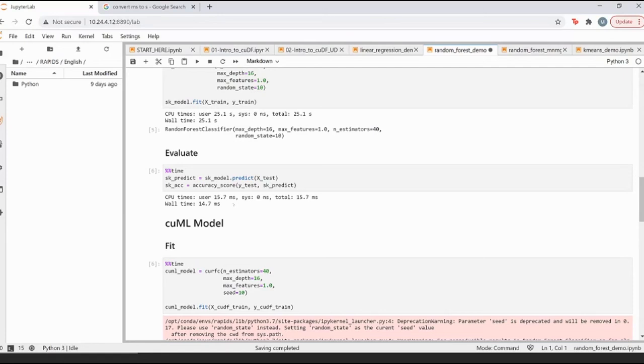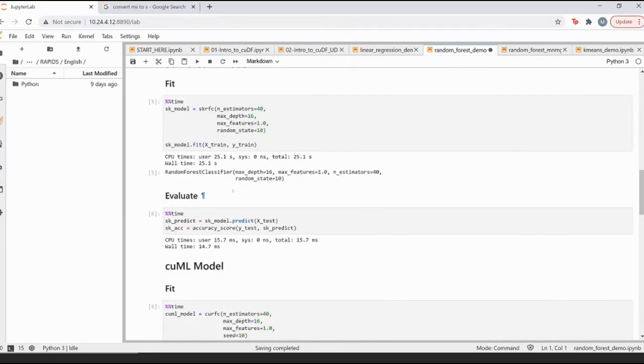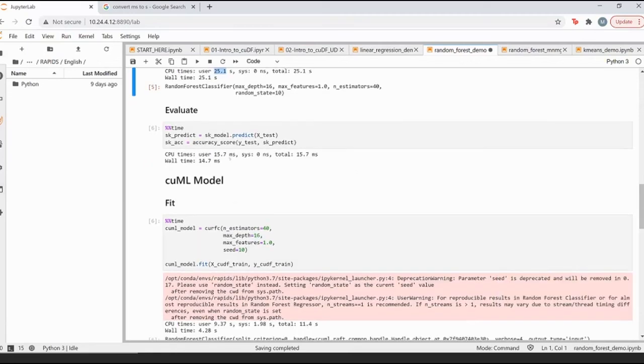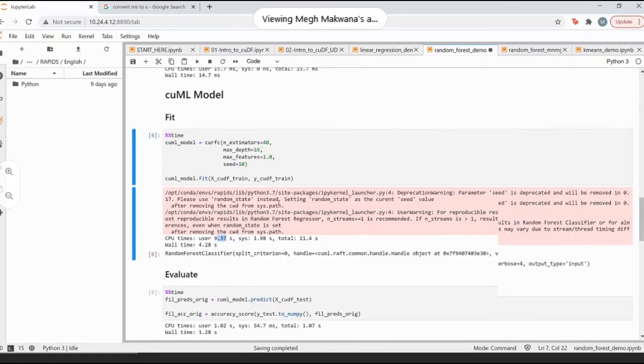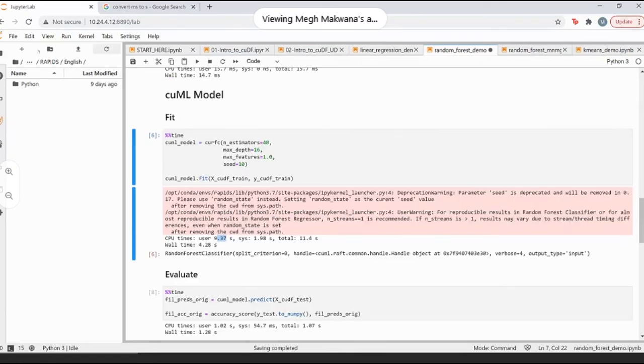Okay, this looks a bit odd, but it shows 25 seconds and here it shows me 9 seconds, which is just a 2.5x improvement, but I'm not really sure why that is happening. Let me see if there is something wrong on the device level. Just a second, let me reconfirm that.